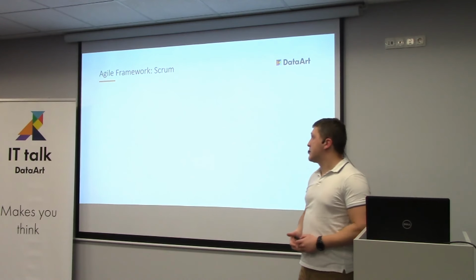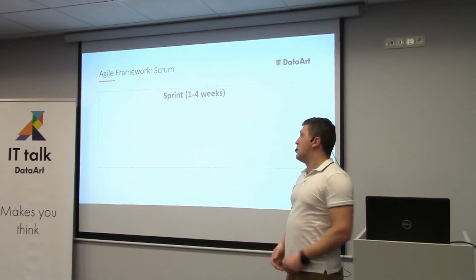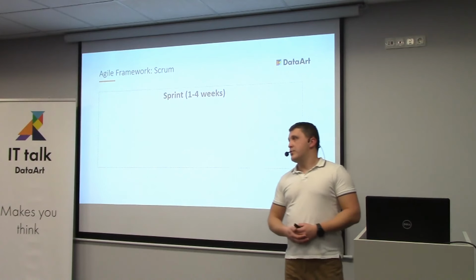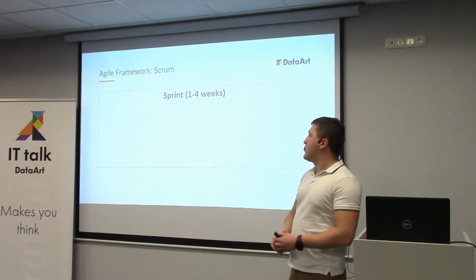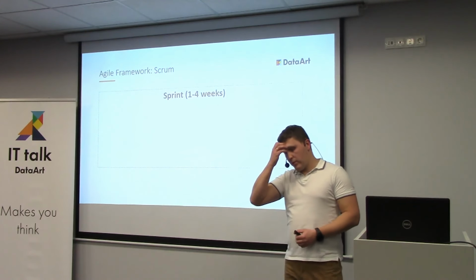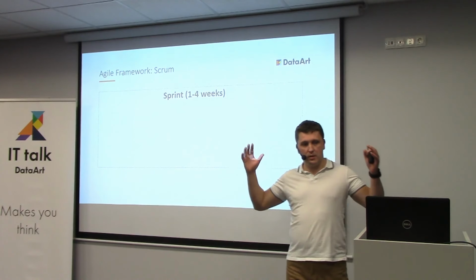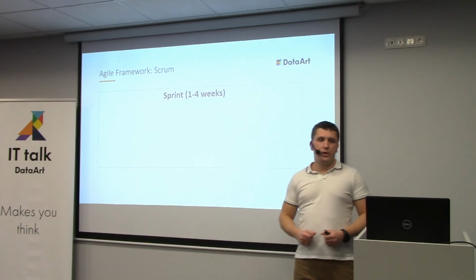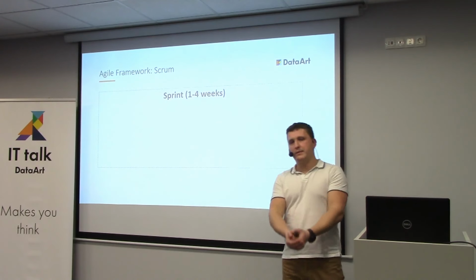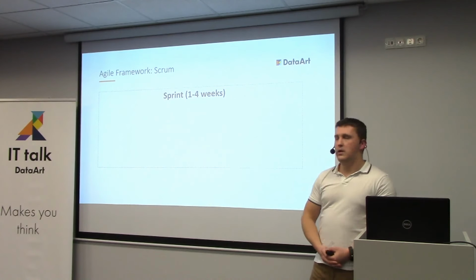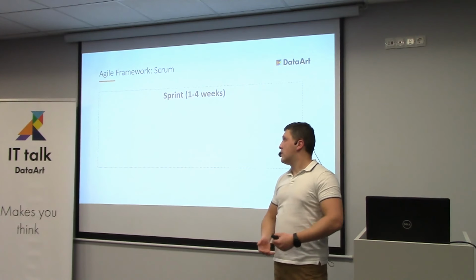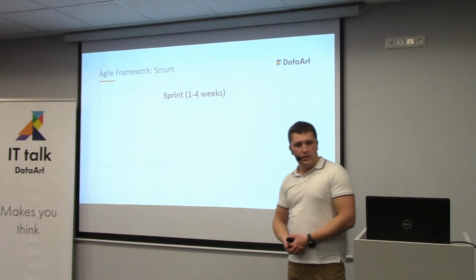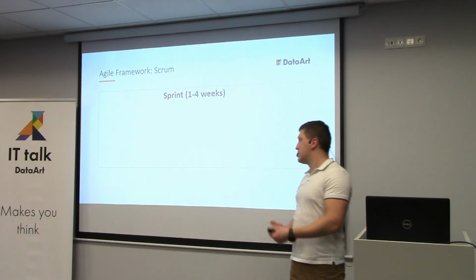So just a very quick overview, because once again, many of you might know the principles, but the heart of Scrum is the sprint. A sprint is a restricted time period, usually 1 to 4 weeks, within which work is actually done, and at the end of which the work and deliverable is given to stakeholders, to customers, whoever. And each sprint we do an increment. We increment that work and functionality.